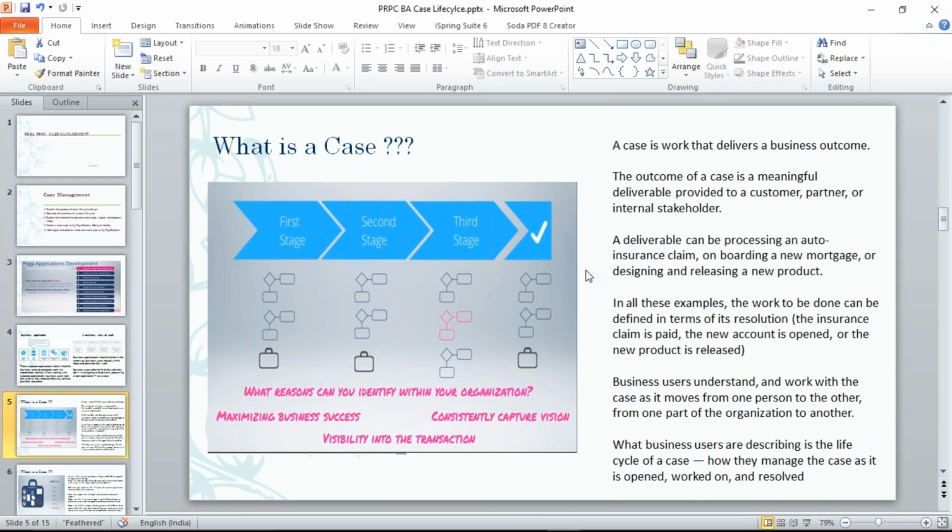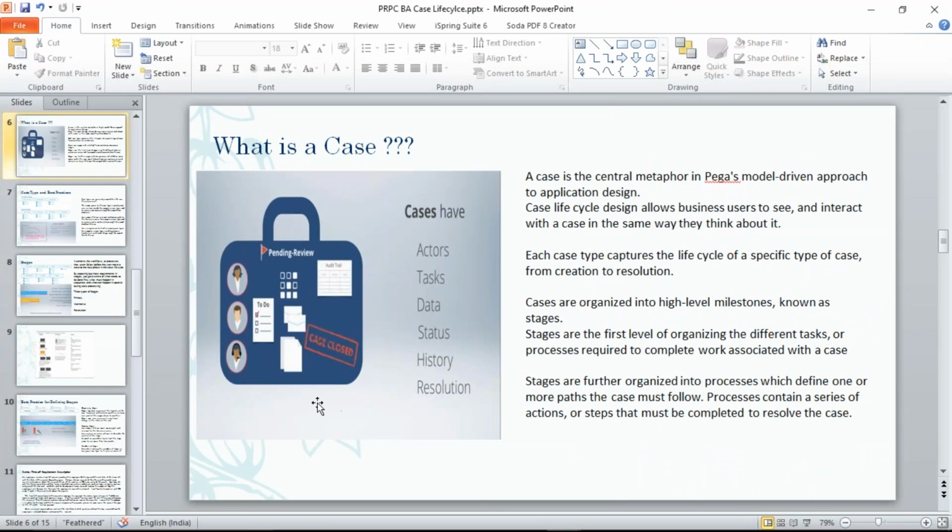Once you start looking into the application, you will see how the case works. Initially some of the things may look a little unclear, but once we look at the case, we'll see more of that. The case is where business people look at the flow of how it should start and end, and that will be covered within the case.